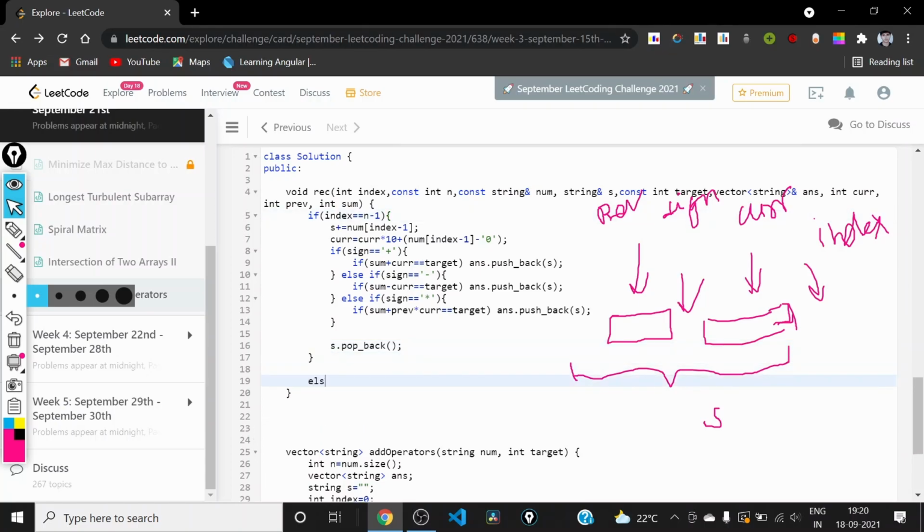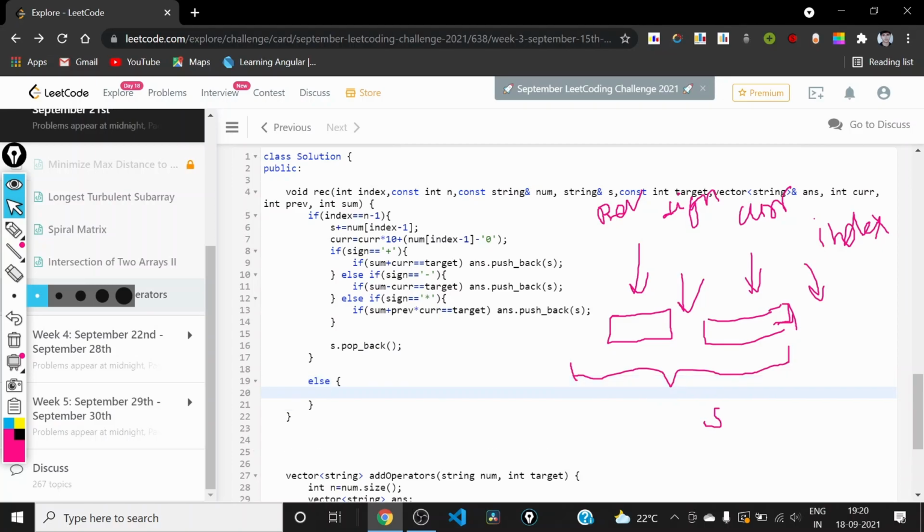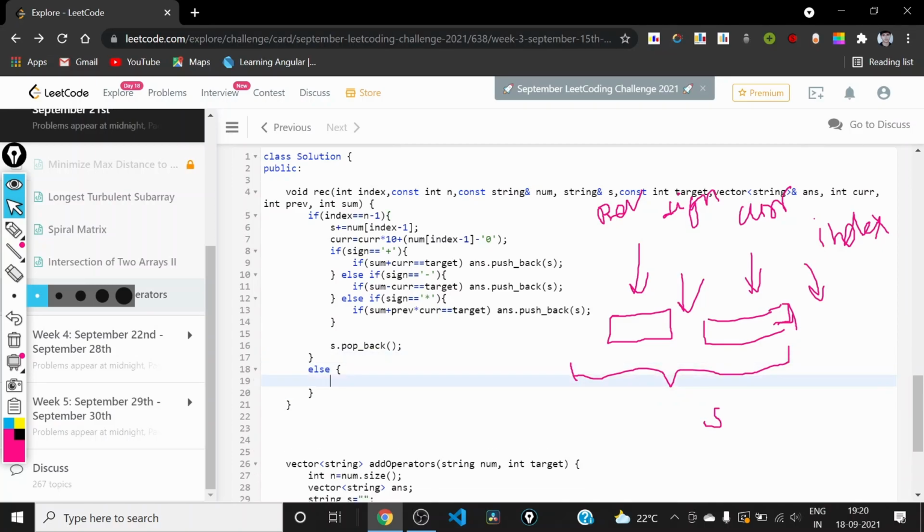Now we can handle the case when the index is not n-1. First of all, we need to prepare the string for adding plus and minus here. So first we will add the present character.